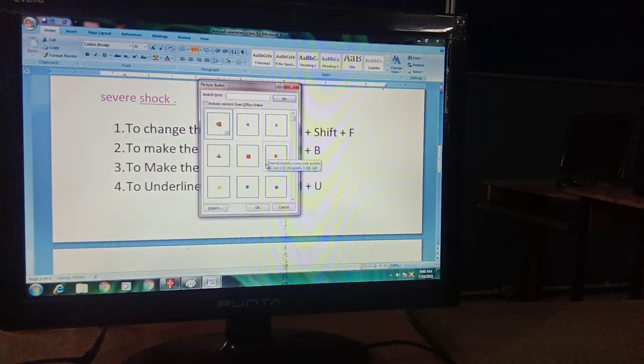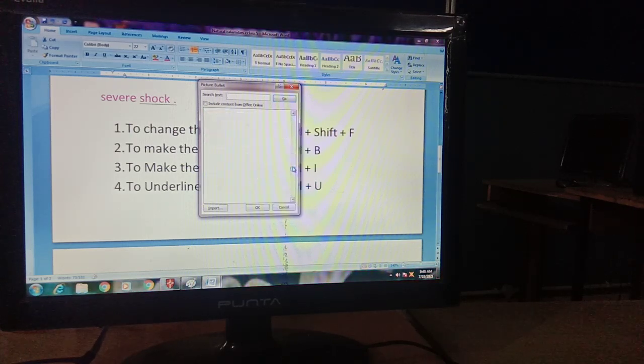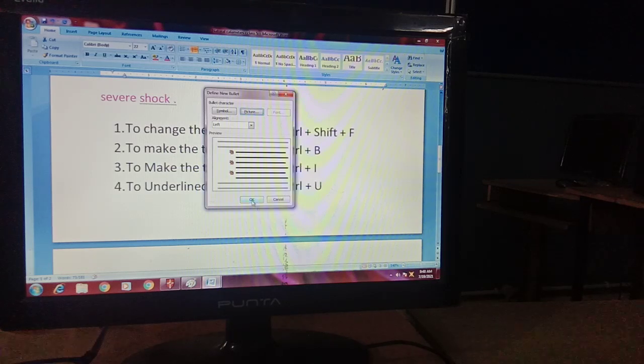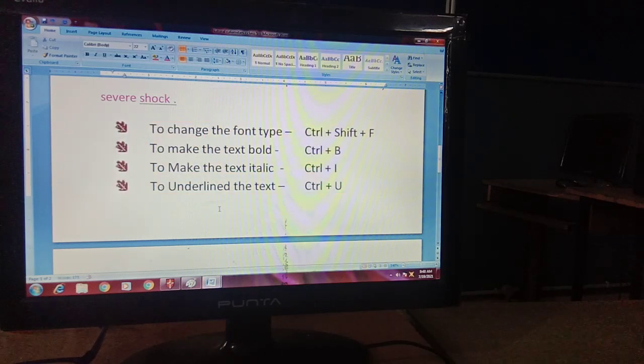So in the picture option, you can go and select other bullets also. There are so many types of bullets here. So you can choose any bullets with your text. For example, I am choosing this, and this will be in my text now.